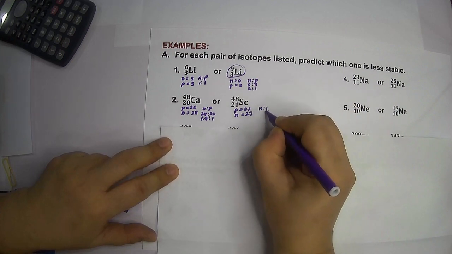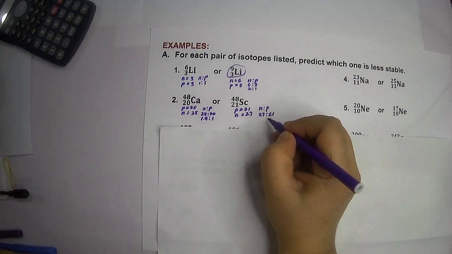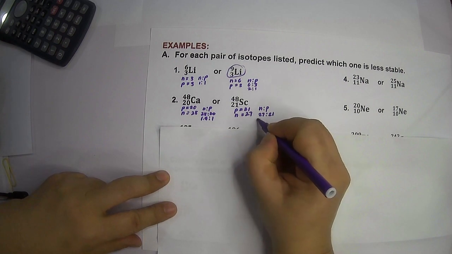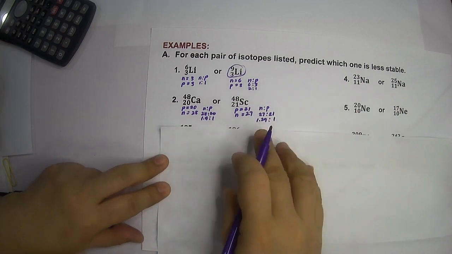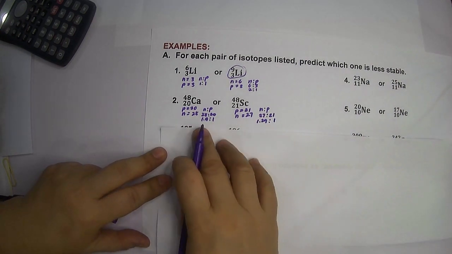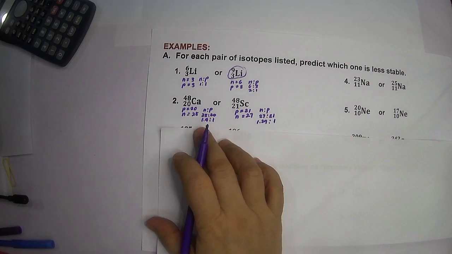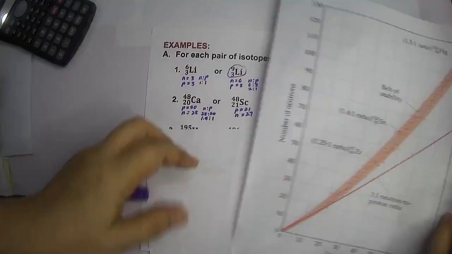So the neutron to proton ratio is 27:21, that will give you a value of 1.29:1. You will notice here the ratio is lesser than this, but if you consider the stability